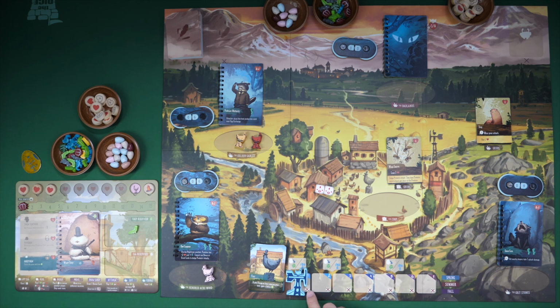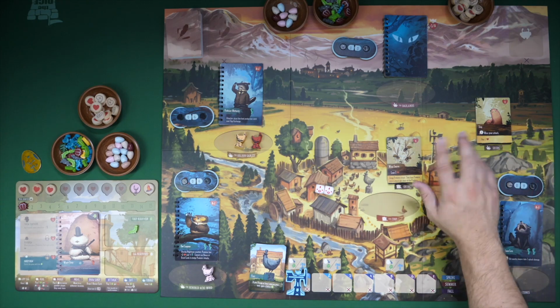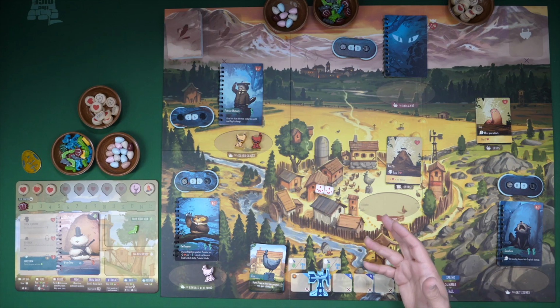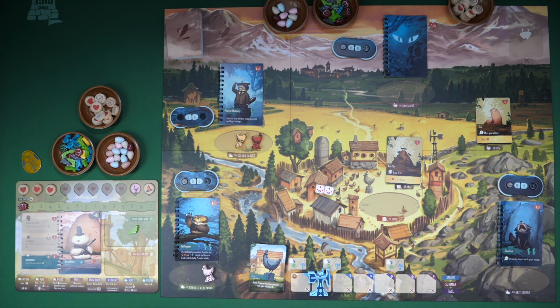The first thing we need to do is one of these 2 grubs needs to go away. We decide which one we let go. So let's say we all decide to let the top one from that stack go. We move this over. We start again with, making sure you grab whatever your income is and then take your